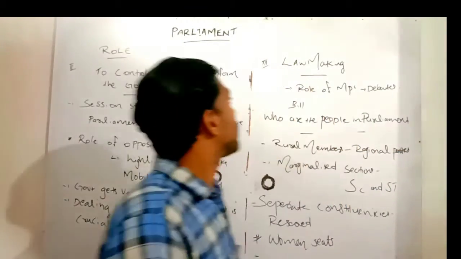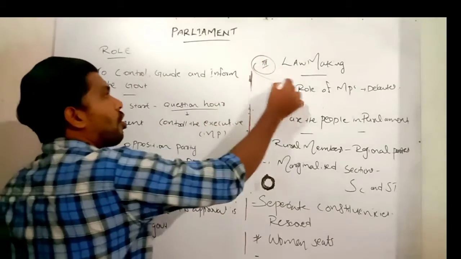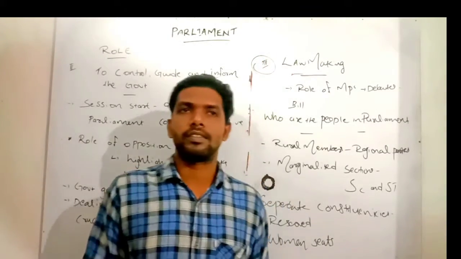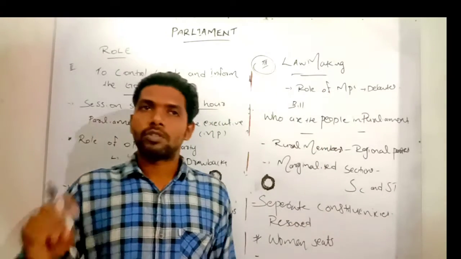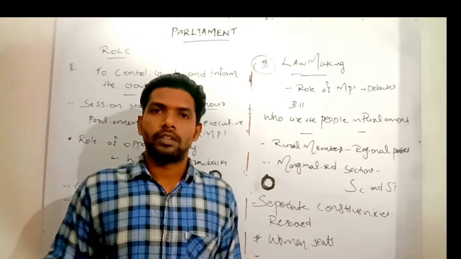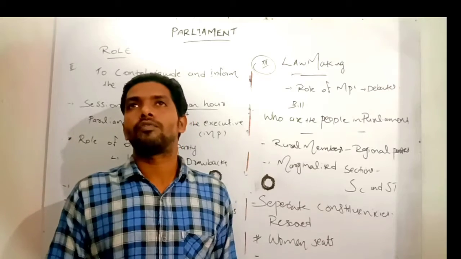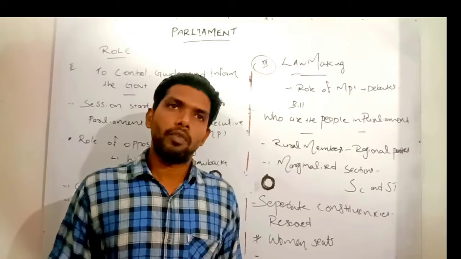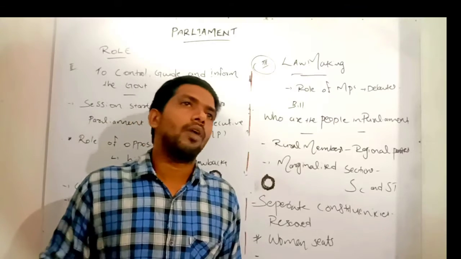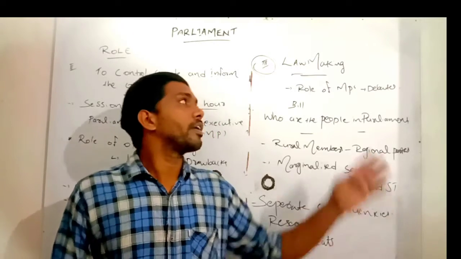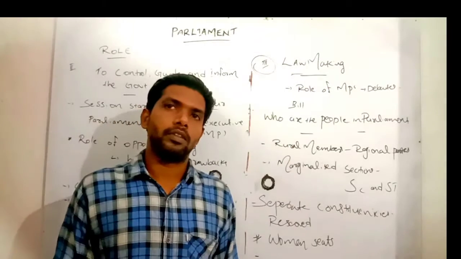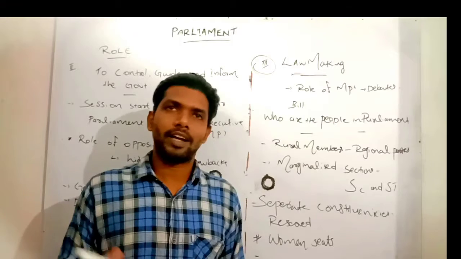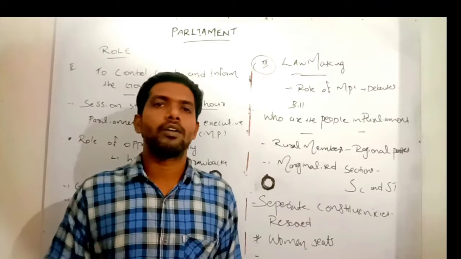And second, the third point, that is law making, that we discussed in the previous classes. Parliament plays a crucial role in law making. In India, all over India, for Indians, laws are made by Parliament. Our Parliament, Lok Sabha, Rajya Sabha and our President equally play a crucial role in law making. And a law first comes in the form of a bill, and that bill includes the provisions of that law.